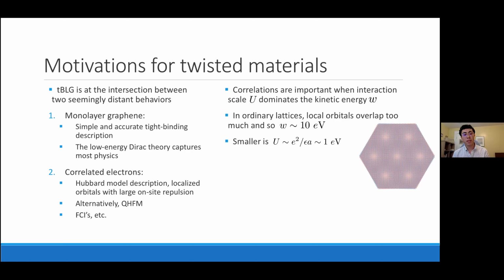Now in graphene in particular, this can mean that the bandwidth can be as large as 10 or 20 eV. I believe it's 18 specifically. And that's a problem, because if we perform a crude estimation of the Coulomb scale, which we might estimate as just charge squared over the average distance between electrons, so basically the monolayer lattice constant, maybe divided by a dielectric constant, we end up with something like one or a few eV. Sorry, I misspoke. Now, at least U is not dramatically larger than, or is on par with, the bandwidth, and so we don't expect that the physics is going to be dominated by the correlated behavior.